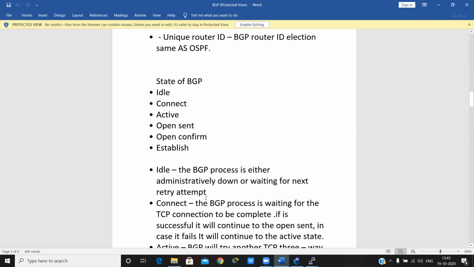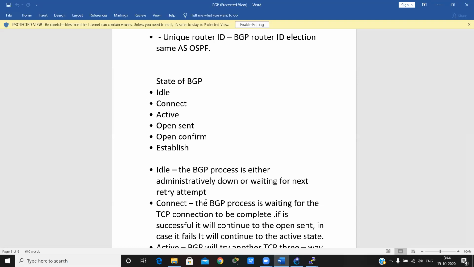So the states of BGP: idle, connect, active, open sent, open confirm, and established. In idle, the BGP process is either administratively down or waiting for the next retry attempt.